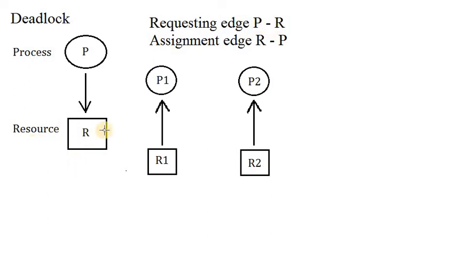Whenever the resource is free, that means this resource is not being used by any other process, then this resource will be allocated to that process. For allocating any resource to any process, we use the upward arrow between the resource and the process. This edge is called the assignment edge. So here is how we can place a request and allocate that resource to the process. We need to place a request first, then we can use the resource.